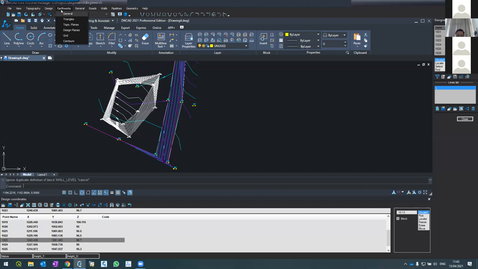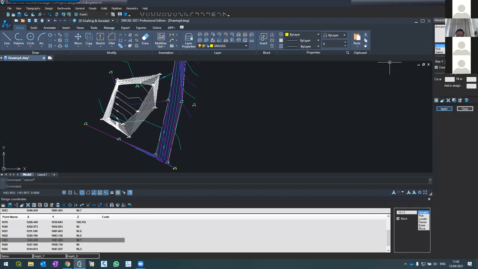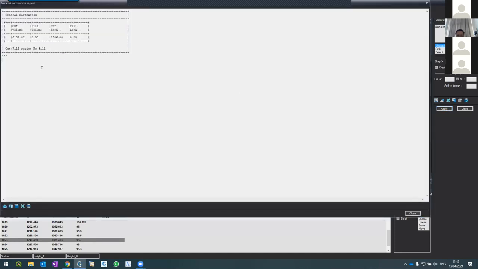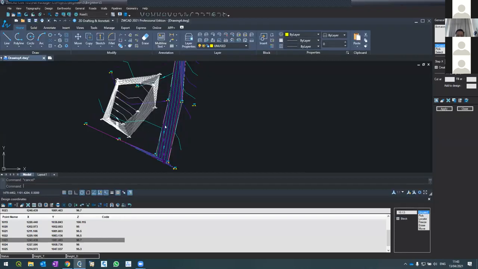Earthworks, general. And there's a window on the right. If I press apply, see what I get. General Earthworks. Cut volume, you know there's no fill. Cut volume is 6,131 cubic meter. So again, the software took the surface of the existing ground level, the surface of the design,